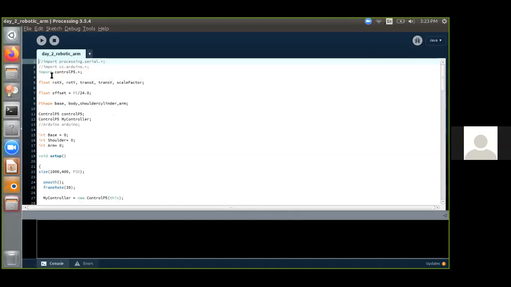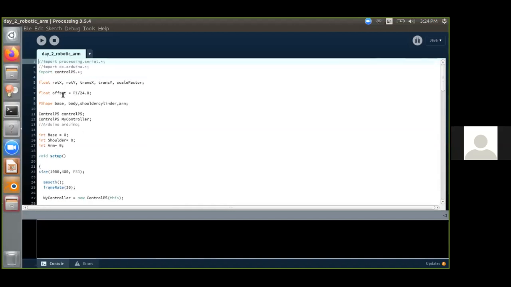The first line says import controlP5. This is the library which we are going to use for today. And these floats, rotateX, rotateY, translateX, translateY, are the rotation about X, Y, the translation about X and Y, and the scale factor. If we need to use an offset value, you can use it, but we are not using it today.